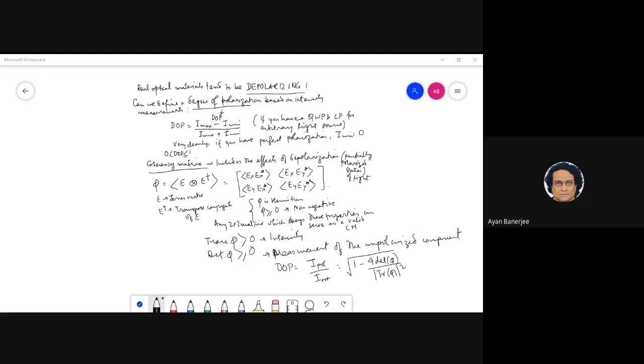So basically, what we are saying is that the coherency matrix measures the fluctuations in the phases of the components. If you have a perfectly coherent source, then there is no fluctuation in the phases. So if you think of this as E_x E_y cos delta and the other one as sine delta, then basically you have cos square plus sine square. So then that becomes this thing.